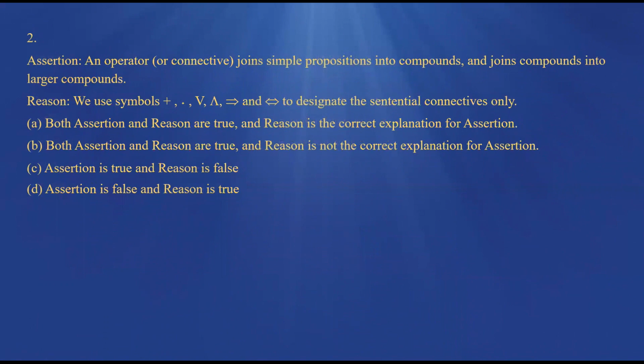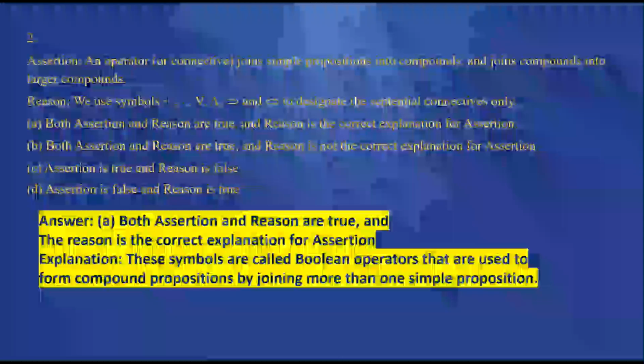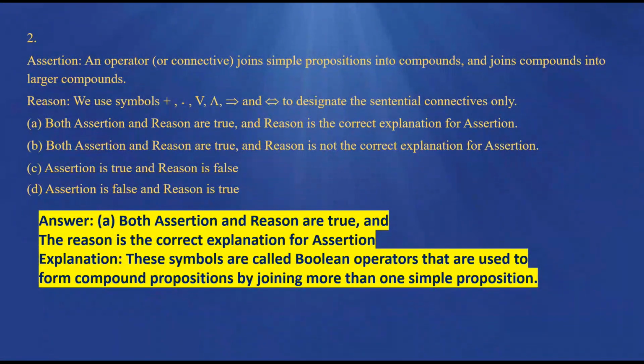Assertion: an operator or connective joins simple propositions into compounds and joins compounds into larger compounds. Reason: we use the symbols to designate sentential connectives only. Let's see the correct answer. Option A, both assertion and reason are true, and the reason is the correct explanation for assertion. The symbols displayed over here, addition, multiplication, or and, conditional, biconditional,